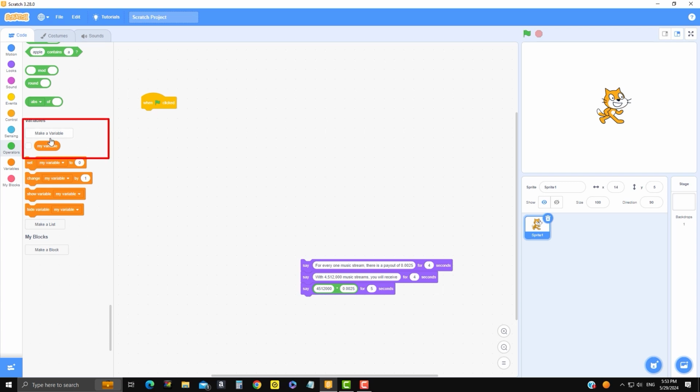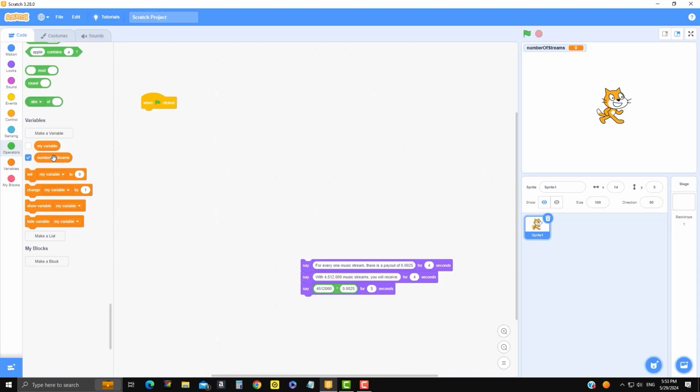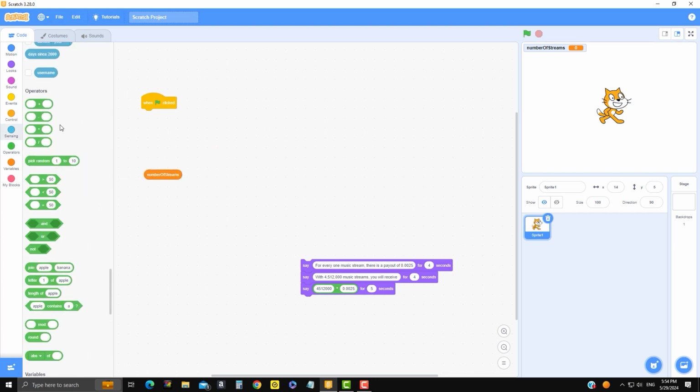So first, let's make a variable called number of streams. And we'll leave it at for all sprites for now. So this checkbox means you can see what the variable is equal to currently. Okay, so we need number of streams and we need to multiply it by the rate. So we grab the operator with number of streams,